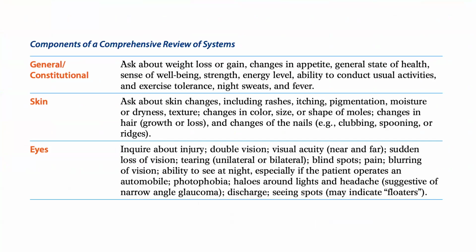For the skin, we ask about skin changes, including rashes, itching, pigmentation, moisture or dryness, texture, changes in color, size, or shape of moles, changes in hair, growth or loss, and changes of the nails, for example, clubbing, spooning, or ridges. For the eyes, we inquire about injury, double vision, visual acuity for near and far, sudden loss of vision,